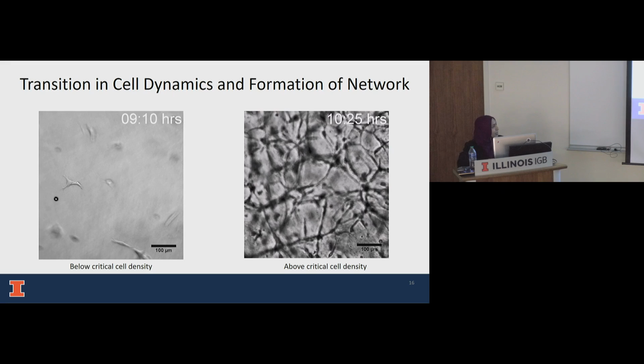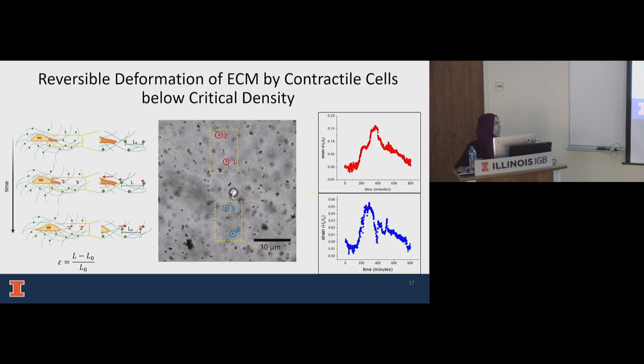So from this, it suggests that this network formation is a crucial mediator for this compaction process. So we were curious why, even if two cells come closer, we don't see such interaction and forming this network-like structure. To have a better understanding, we wanted to look into how single cells interact with their neighboring collagen fibers. And to do that, we have done this experiment.